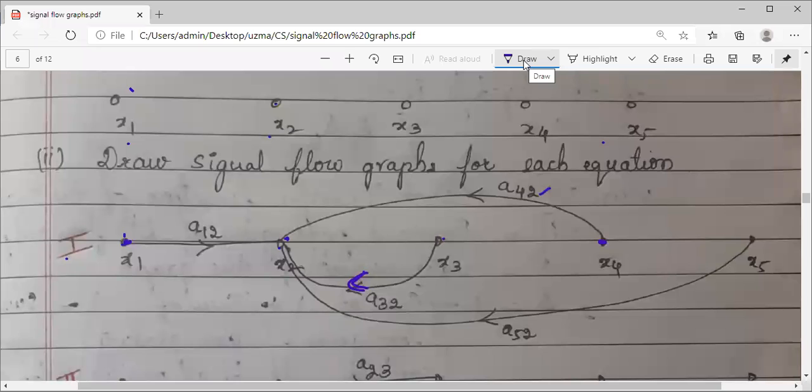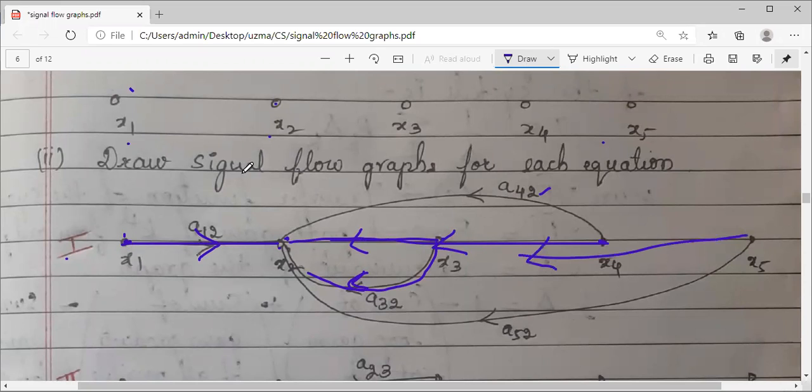Observe the branch which I have drawn here. Directly from x1 to x2, I have drawn a straight line. But when I'm drawing all the remaining ones, I have taken a curved path. I could have used a line like this, right? I could have used a line like this, but I cannot do that. That's why I have drawn a curvy path.